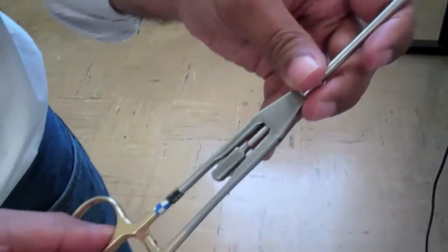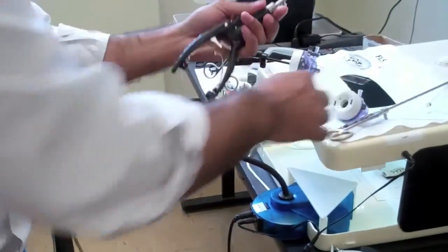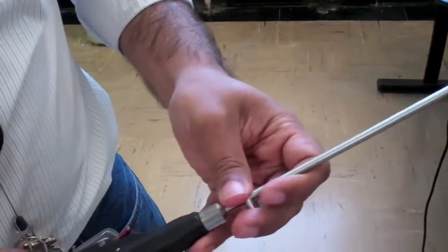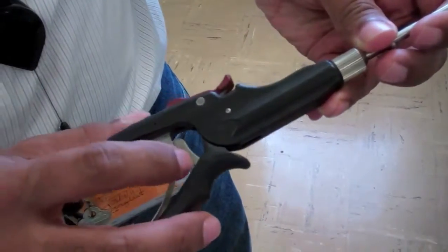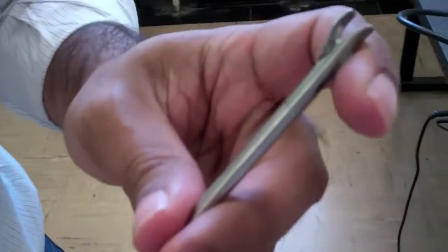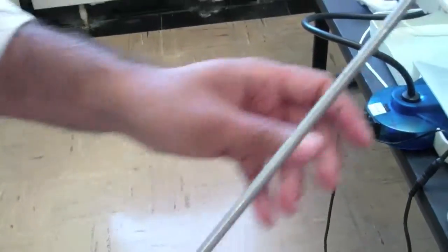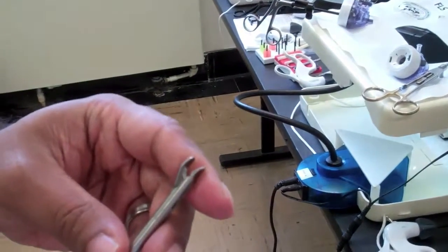This has a traditional needle driver locking mechanism, whereas the other needle driver has a trigger that you release to lock it, and these little grooves hold the teeth closed. Now when you look at the teeth on the needle driver, you see the way this needle driver is tapered. It's bent at the end, and that can actually make it a little tricky to pirouette the needle. So especially early on, I think it's easier to use the other one for pirouetting, although this is fine for